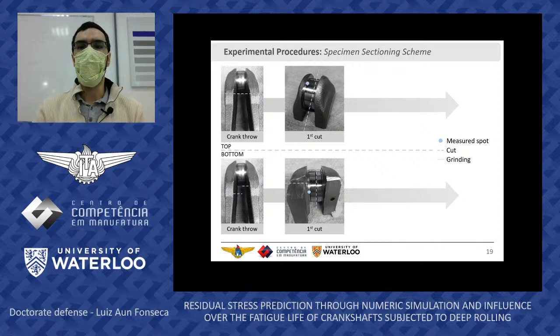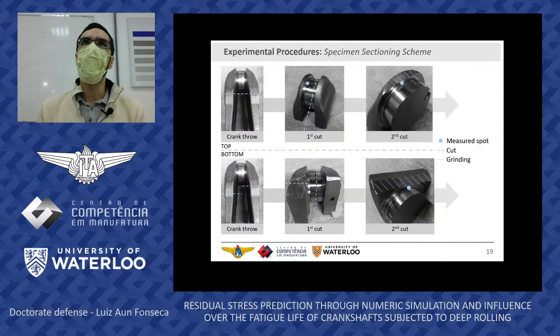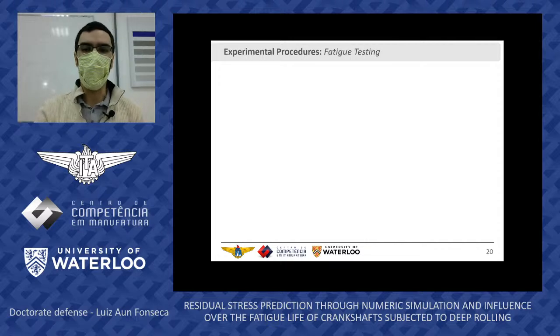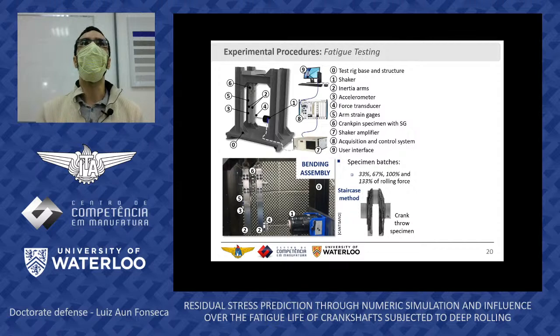And then we have applied a second cut to produce the final geometry that was measured throughout the entire measuring campaign. So the difference between the results from before and after the second cut will give us an idea on how much stress relief we are dealing with. And finally, for the experimental procedures, we have the fatigue tests done with actual crankshafts with a